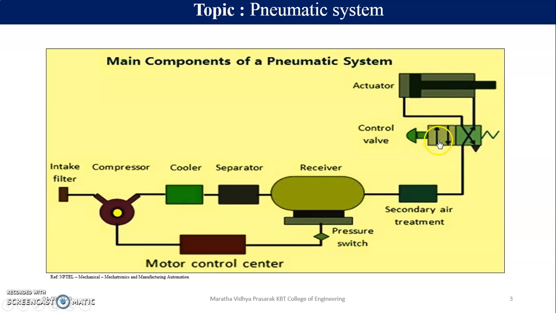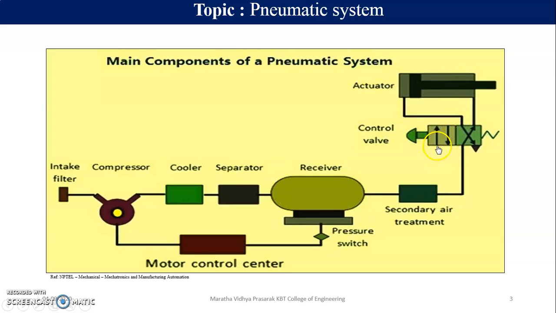Okay, so the purpose of the control valve is to provide the cylinder with the forward or the return path. We just want to tell you the name. It is a 4x2 direction control valve. The name itself suggests that it is used to control the direction of the actuator. Okay, so what will happen? See, if someone has pressed this, and this is the spring. This is 1 and 2, that is 2 positions and 4 ports, that is 1, 2, 3, 4.